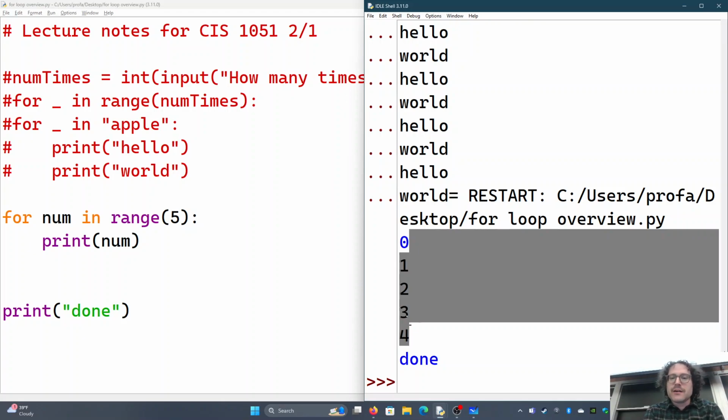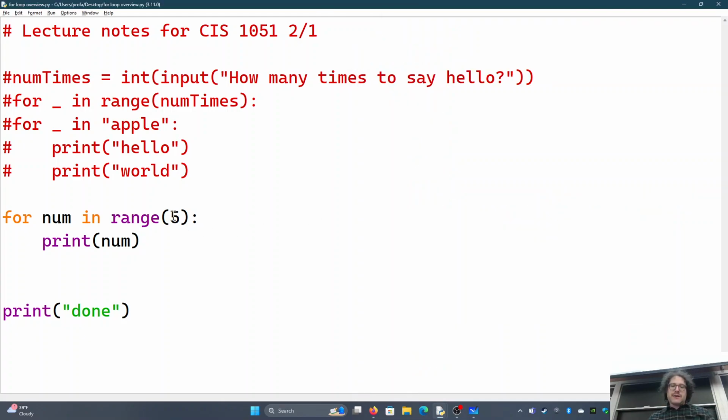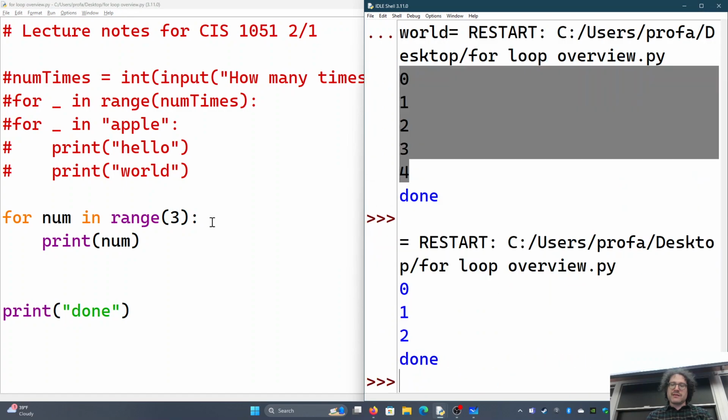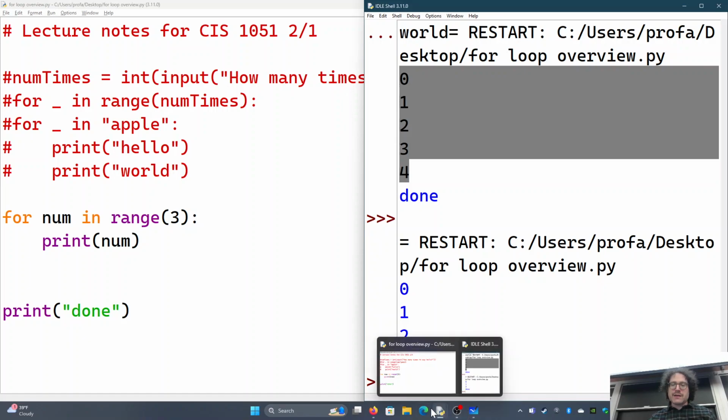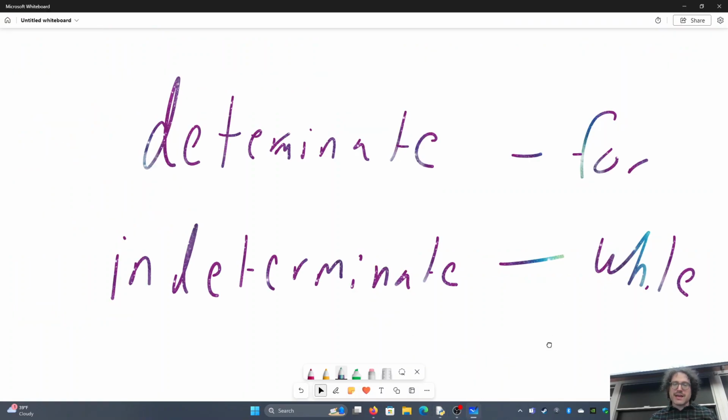So we start at 0. So 0, 1, 2, 3, 4, that is 5 total numbers. Okay? If I did for every number in range 0 to 3, is what it's going to say: 0, 1, 2. For those of you who have taken the appropriate algebra classes or are taking those,